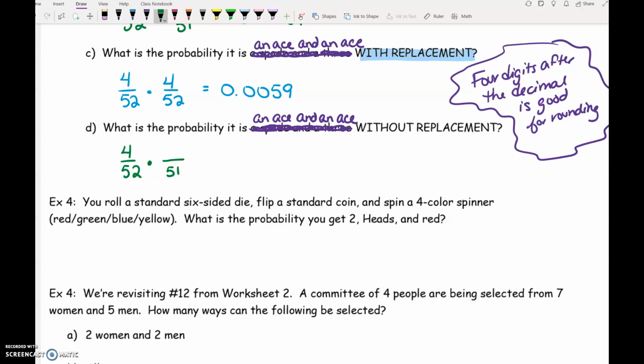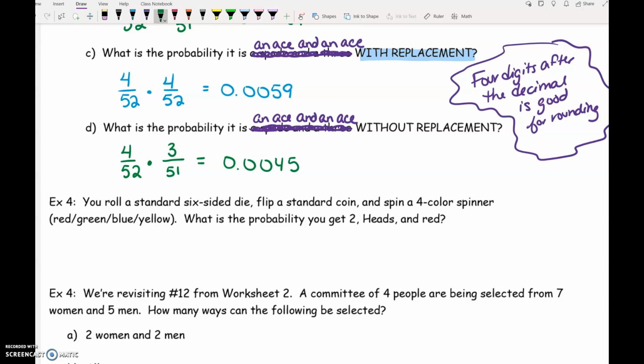Here's the thing with probability. You have to assume that you got what you wanted with the first card. So if we successfully pulled an ace out, there are now only 3 aces left. This is kind of a weird little gray area in math. We don't know if we got the ace, but we have to assume that we got the ace. As far as we know, there are only 3 aces left in that deck that we could pull from. So if we calculate this, 4 out of 52 times 3 out of 51, you get